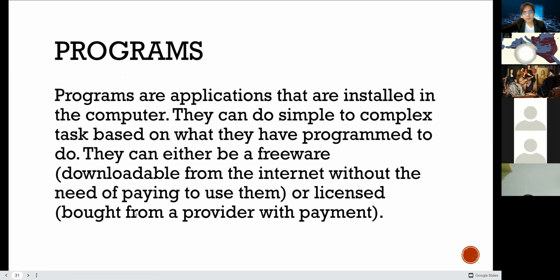Programs. Okay, there you go. Programs are applications that are installed in a computer. They can do simple to complex tasks based on what they have been programmed to do. They can either be freeware, downloadable on the internet, or licensed by the provider